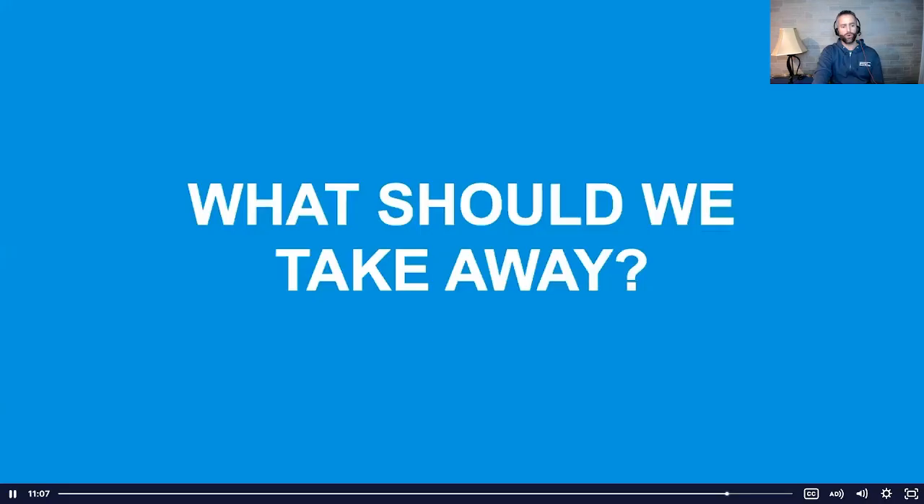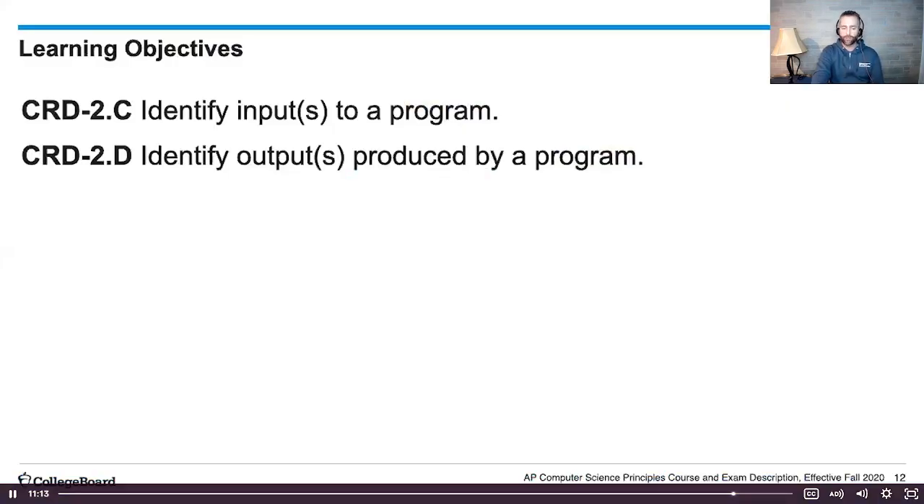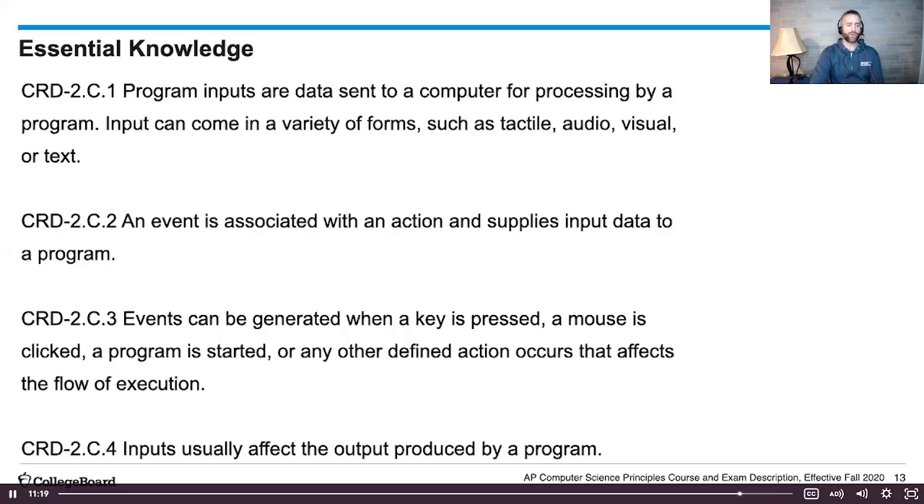All right. So what are the things that we should understand as a result of this video? Well, we should be able to identify inputs to a program, and we should be able to identify outputs produced by a program. And hopefully we understand these essential knowledge statements, right? That program inputs are data sent to a computer for processing by